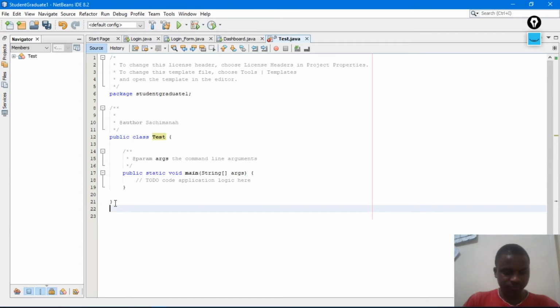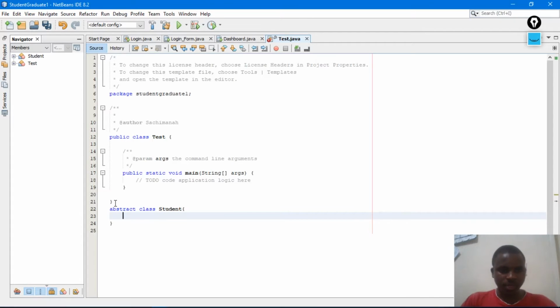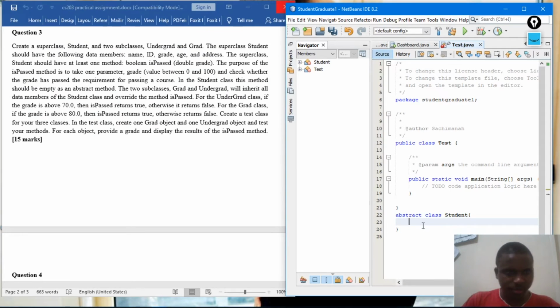Okay, here, and I am going to name it as an abstract class student, like this. And this class must have some data members as name, ID, which means string name, string ID as it is given.